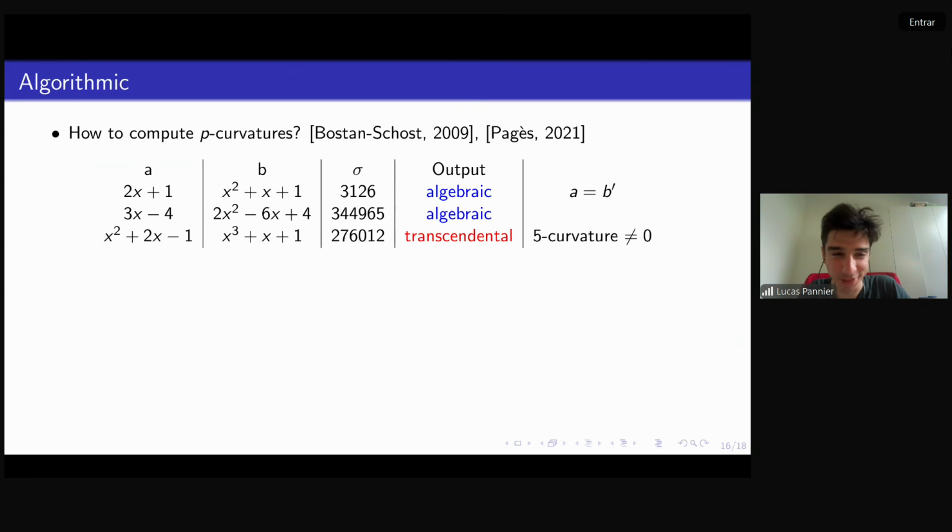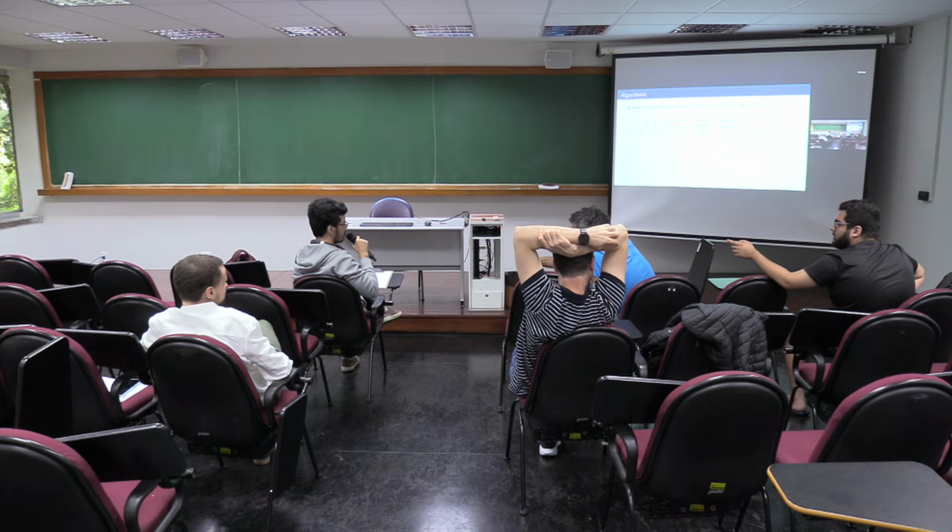We have not computed enough, I think, to conclude for the moment, or to have a conjecture on what could be algebraic or not. I do not hope that I would see by eye that a certain rational function gives an algebraic function, but maybe someone else can. Yeah. So, okay, thank you.